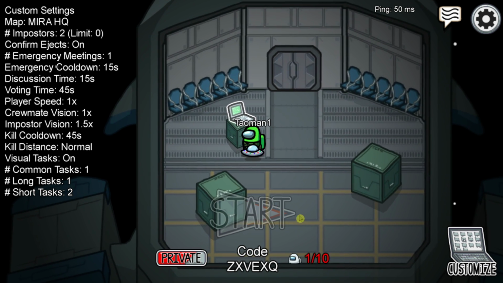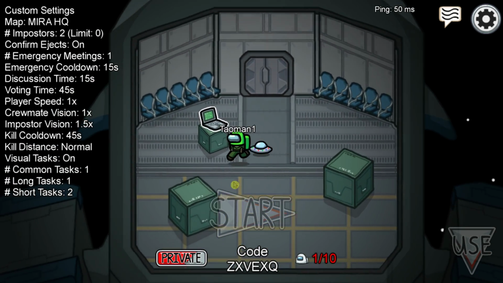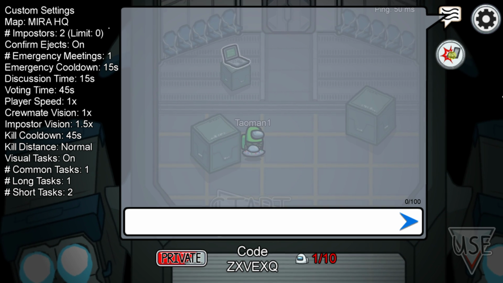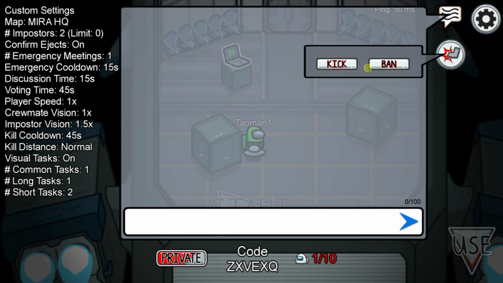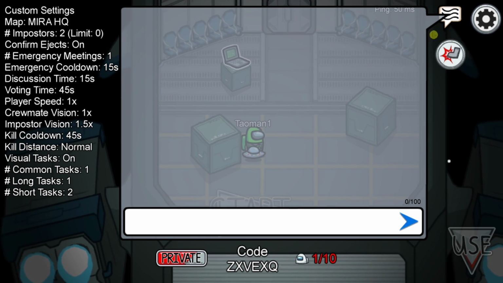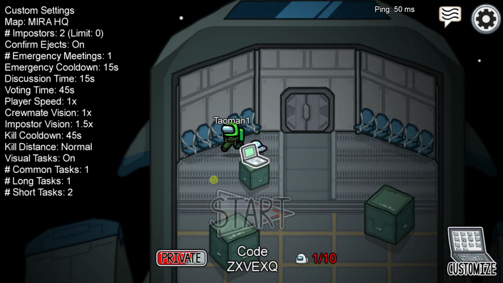So let's start. The first thing you want to do, it should be in simple Among Us, and then click here on chat, and then you're gonna select the kick and ban here, right? And then you will have a person that you can simply ban or kick, and this is how we do it. So again, you are in game and you are owner of the server,